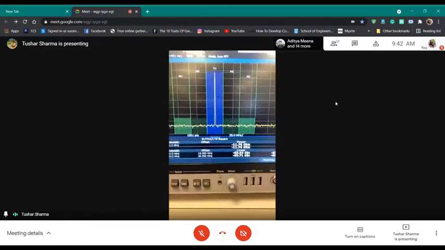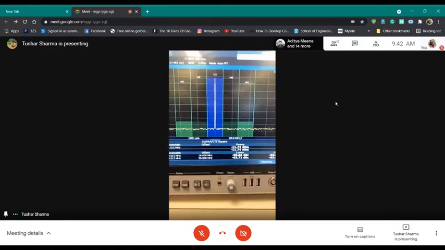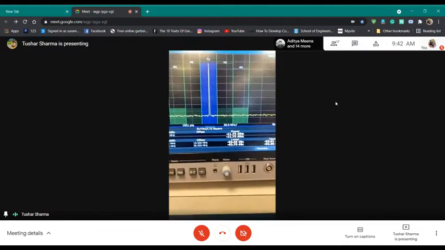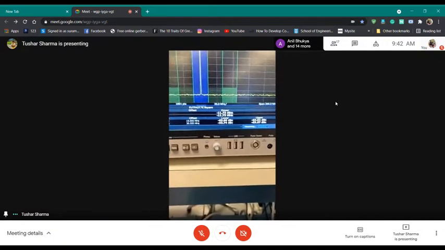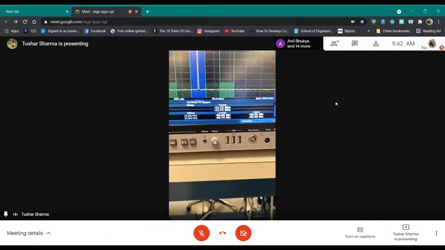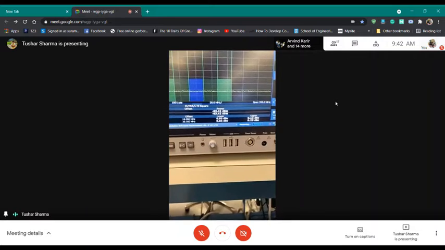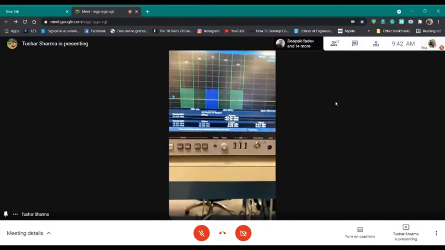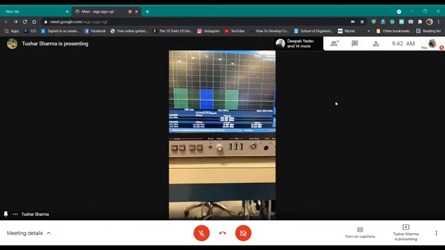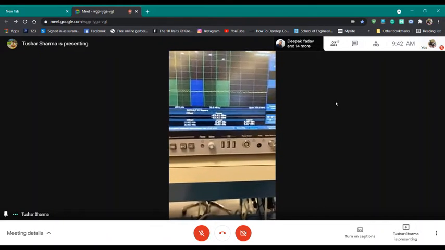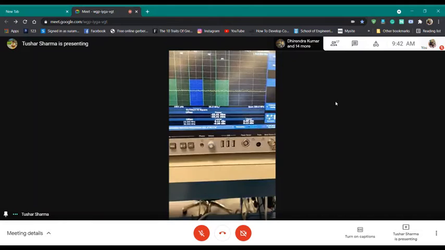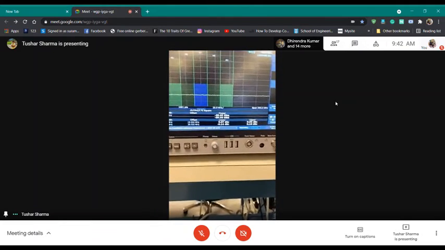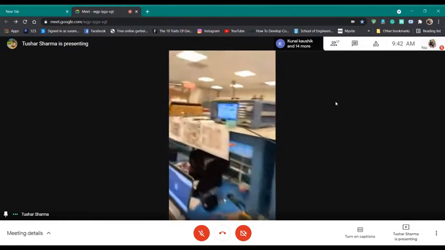And this peak, if I try to search for 2 gigahertz. And then I turn RF on.